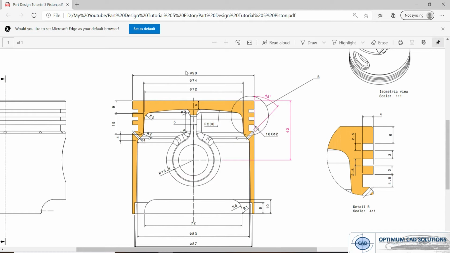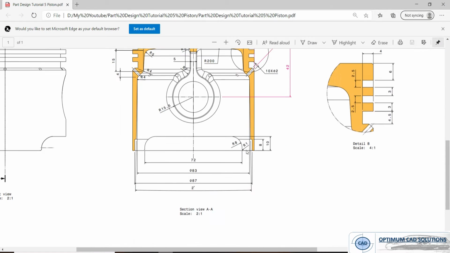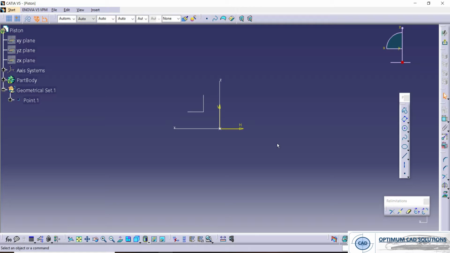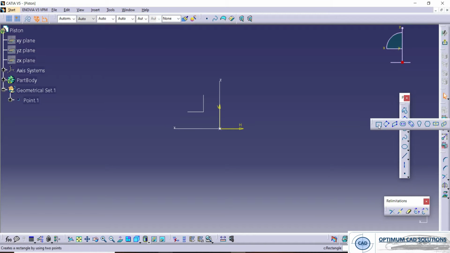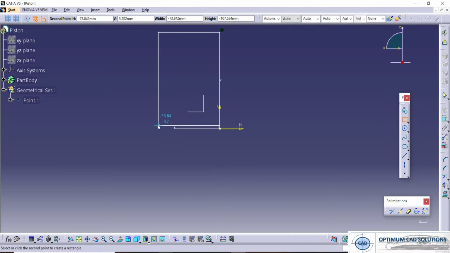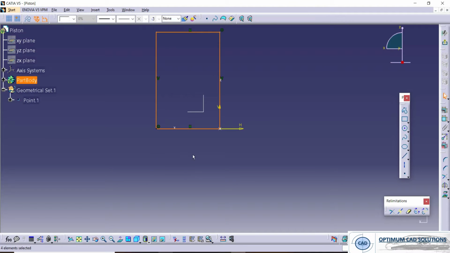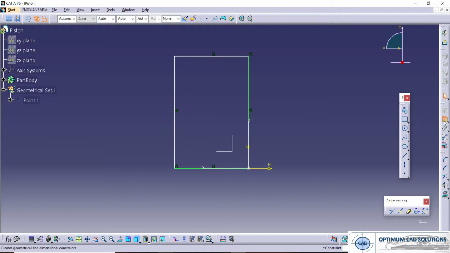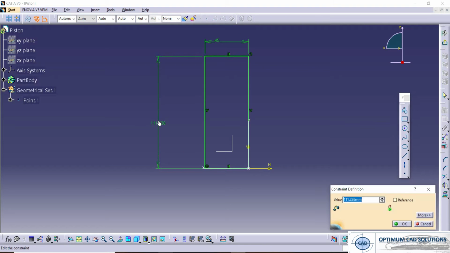Here the diameter is 90 mm and the width is 80 mm. As we are using the shaft command, we'll draw the half section. This is 90 divided by 2, that is 45, and the overall height is 80 mm.